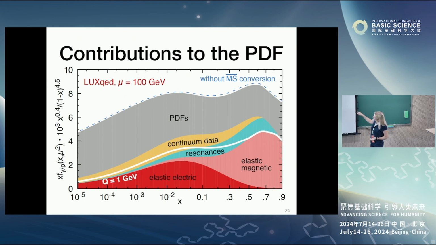And essentially, all these other contributions you can never neglect if you want to have a precise determination. The high Q squared PDF, as it is called here, is somehow dominant essentially everywhere. And this line, just indicative, shows you what comes from the region of Q equals 1. This shows you that both low and high Q squared data are really very important for this determination.